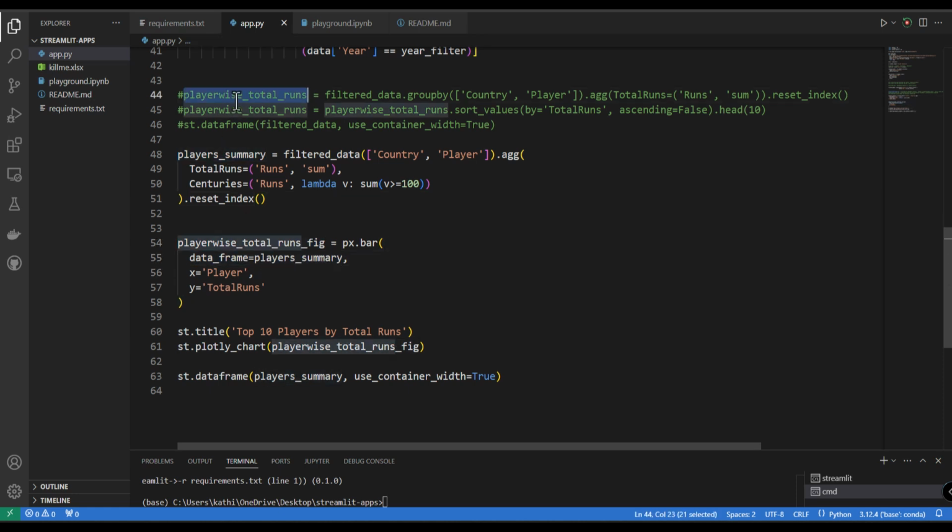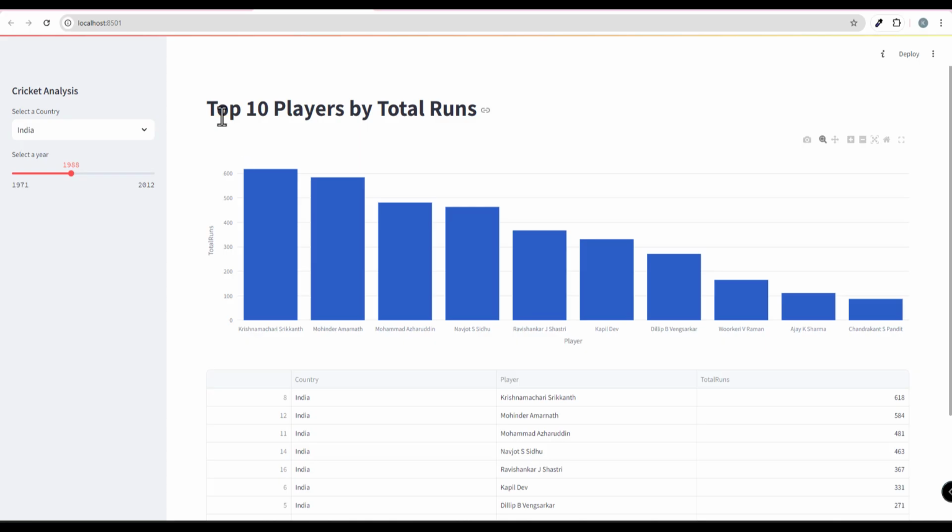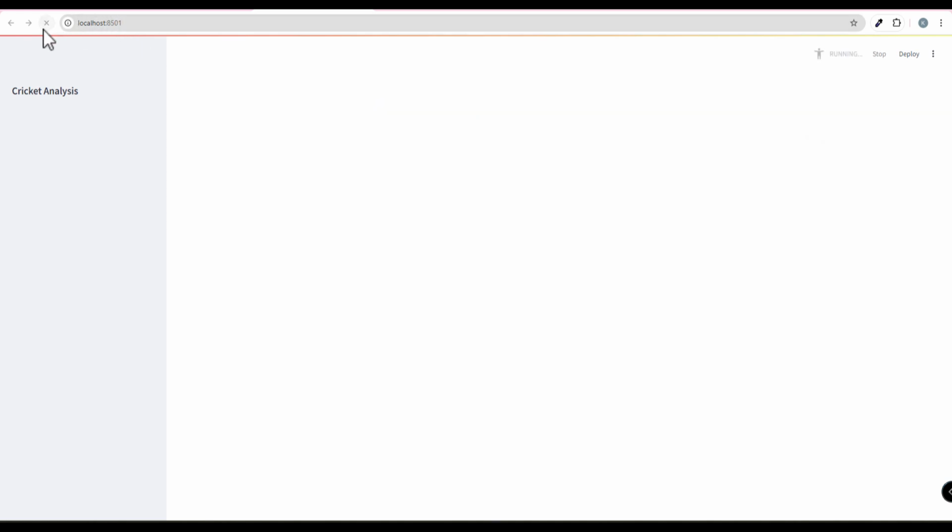So earlier it was players total runs, but now we have two columns, one is total runs, another one is total centuries. Both are computed columns for each player. So sorting is not done, and picking top 5 or top 10 is not done. Keep that in mind. So when I refresh this,